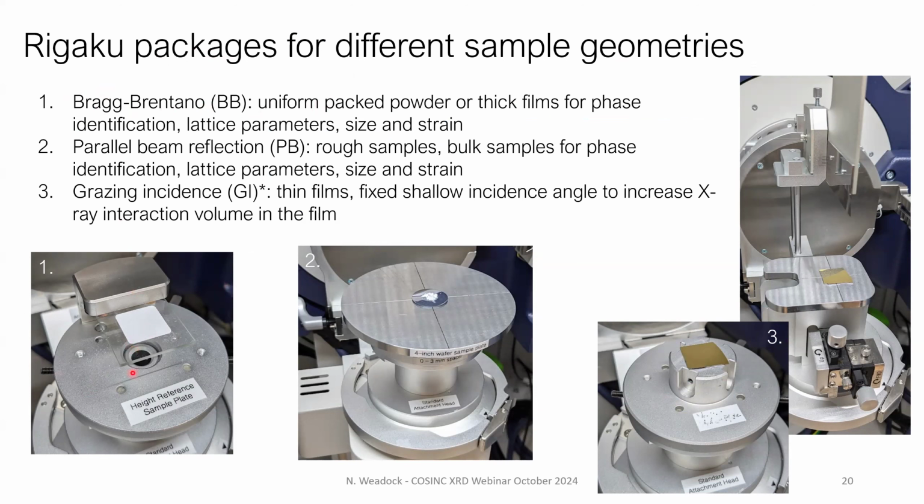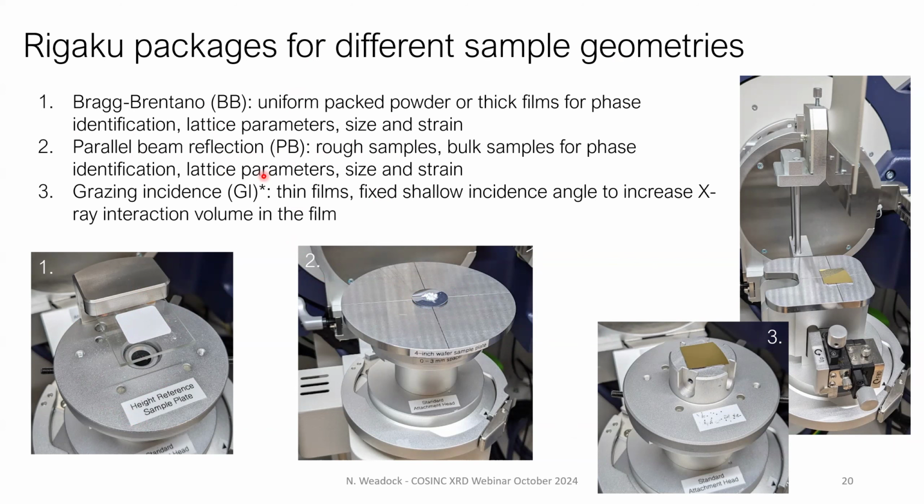If you have a uniform packed powder like the alumina here, you'll use BB mode. Thick films are also BB, and that'll give you really great data quality for phase ID, lattice parameters, size, and strain. If you have a sample that's not so nice and it's kind of rough, like this powder here, you'll need to collimate and use a parallel beam to eliminate the